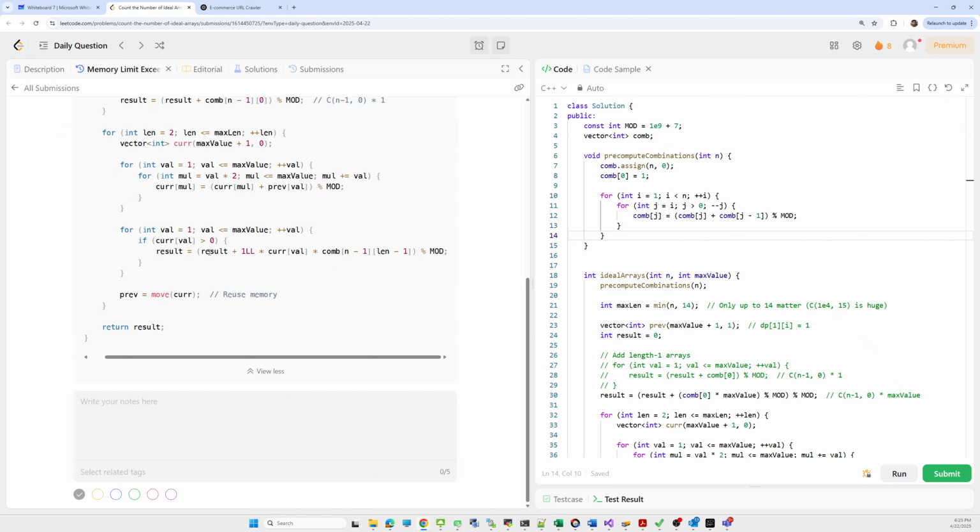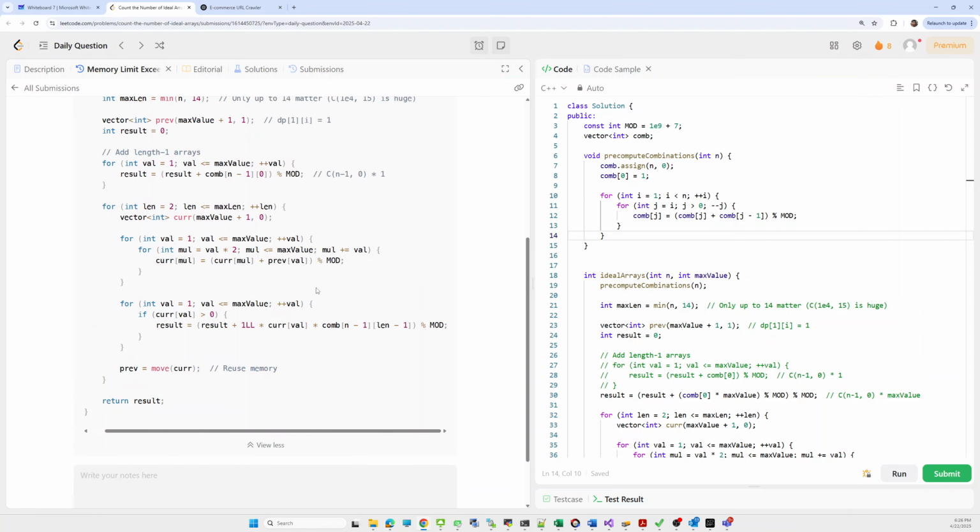So what we are doing, in the result part we are updating the result. For the current value, whatever combinations of sequences we can form, and using the combination of the previous state, using length minus 1, that number of sequences we can form for length minus 1, the previous information we are getting from here, and we take the multiple of that. So we'll iteratively update the result, and in the end we'll update the previous state.